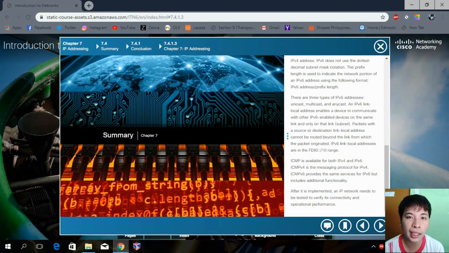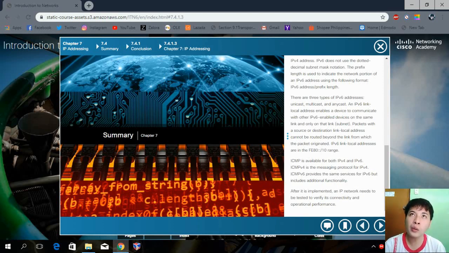So the unicast is a process of sending a packet from one host to another, to individual hosts. Next is the broadcast. It is a process of sending a packet from one host to all hosts in the network. Then the last is the multicast. It is a process of sending a packet from one host to a selected group of hosts, possibly in different